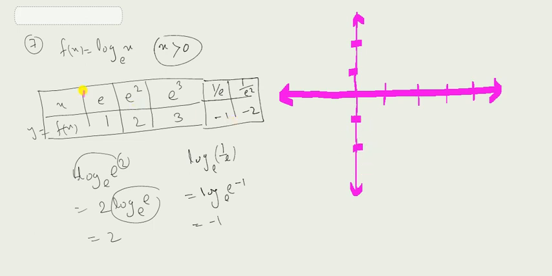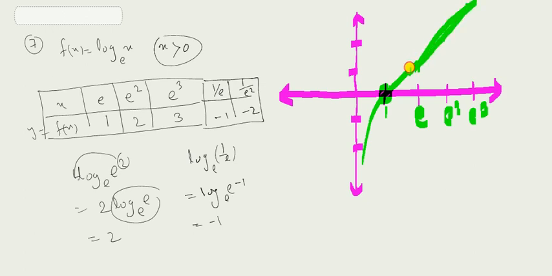So if I go on plotting the graph, it will be like this, and at log 1 it becomes 0. And at log e, suppose this is 1, then e, this is e square, this is e cube. At e it will become 1, e square it will become 2, e cube it will become 3. So I will be plotting the graph in this way. Like this.